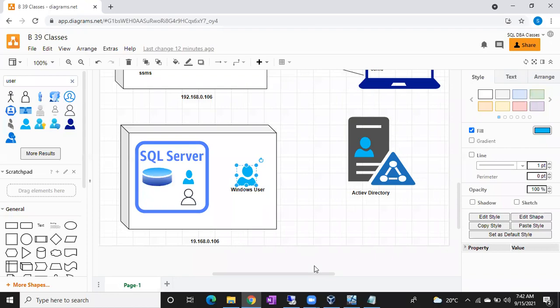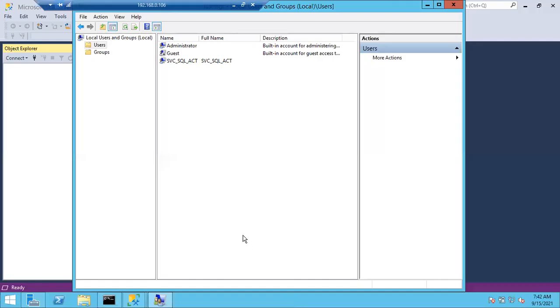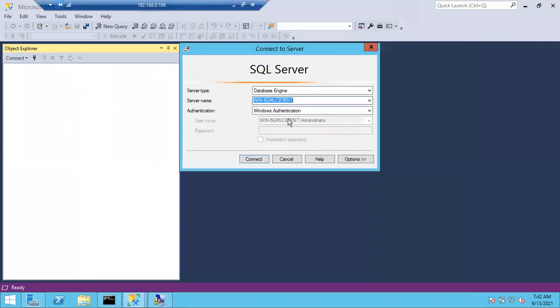Okay. So here, if Srinath wants to log into this Windows machine, forget about SQL Server as of now. Srinath's account should be created at the Windows level first. Then only Srinath can jump into this Windows machine. From there, he can open SSMS. Once he opens SSMS, automatically he can see computer name / Srinath here. Is it clear or not? This is a very important point, guys. Is it clear or not?